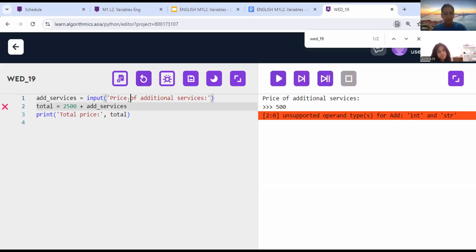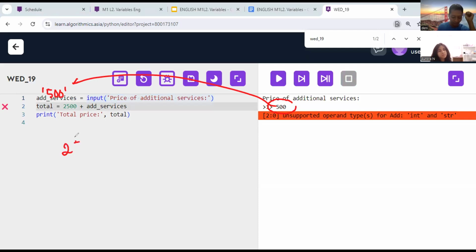What's the problem? By default, Aurora, the input function will store data as a string data type. So if I fill this input function with 500, it will store to add services as 500 in quotes.